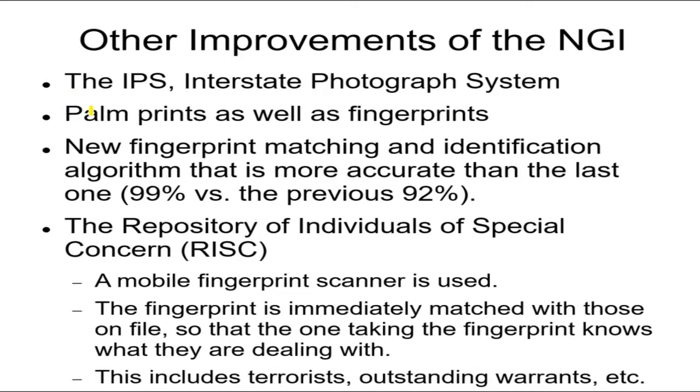Other improvements are what they call the IPS, the Interstate Photograph System, having all these mugshots of criminals, the profile and the full face pictures. They'll be suddenly available to people with whatever device, some computer, that'll be able to connect to all these pictures. So if you arrest somebody on the highway, you see what he looks